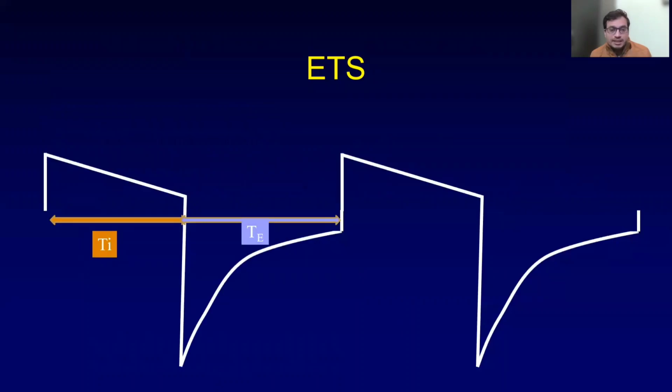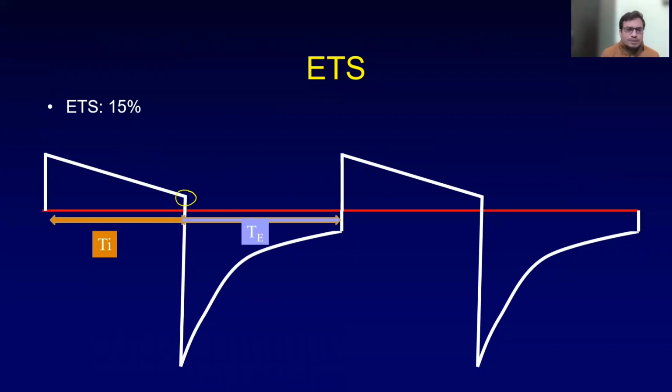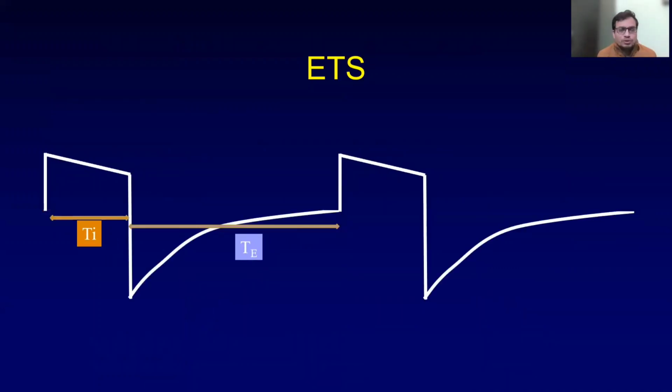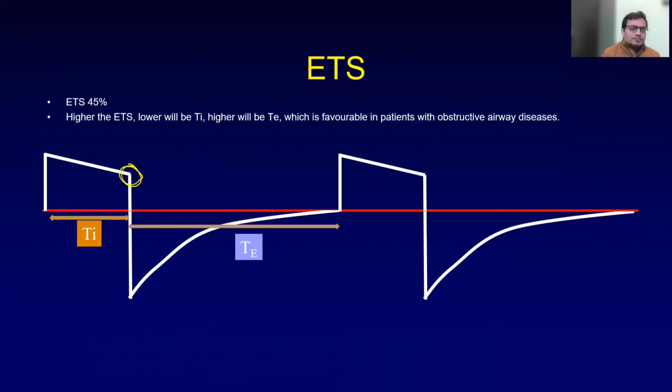So we will take an example over here. This is the pressure support ventilation flow time scalar. Okay, to keep the ETS lower, your TI will be a little bit longer. But if you want to shorten the TI, you have to do just one thing. You have to increase the ETS. So here ETS has been increased, isn't it? In this example, ETS has been increased to 45%.